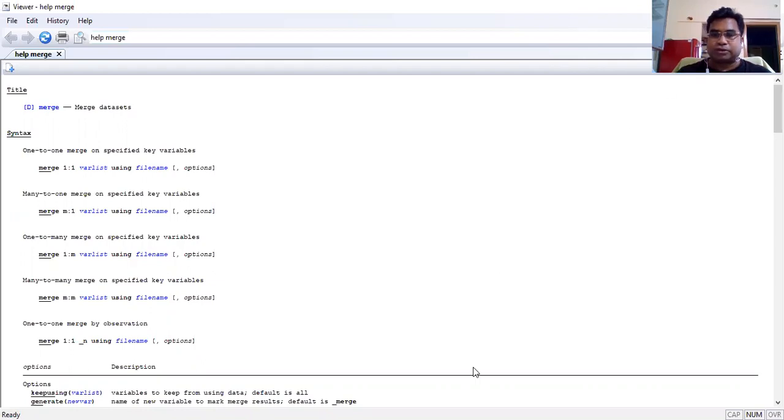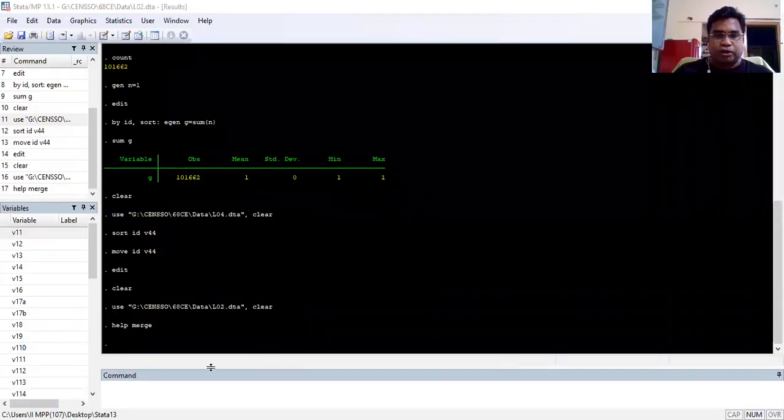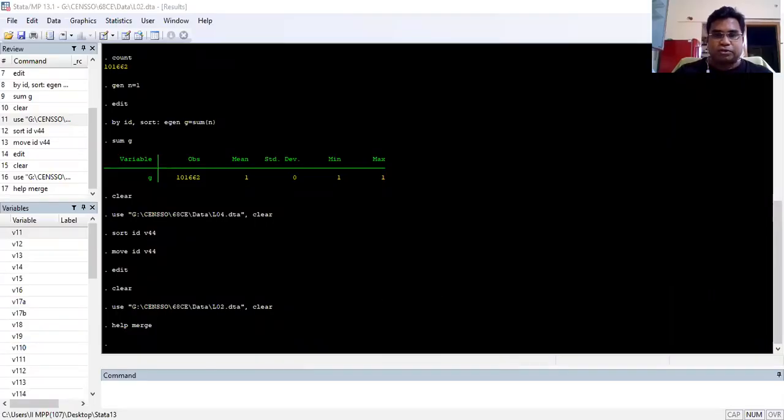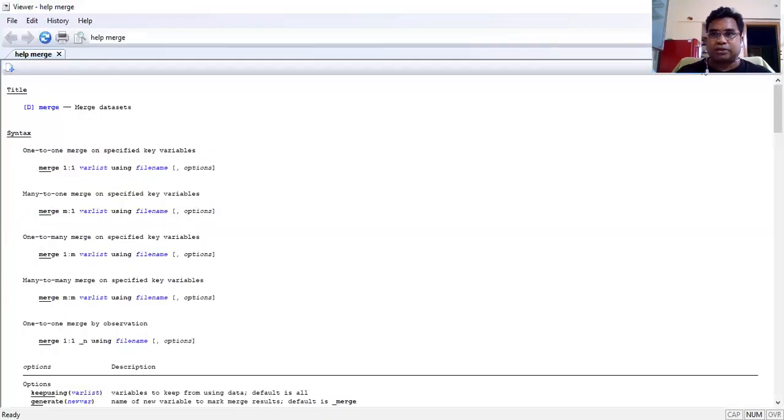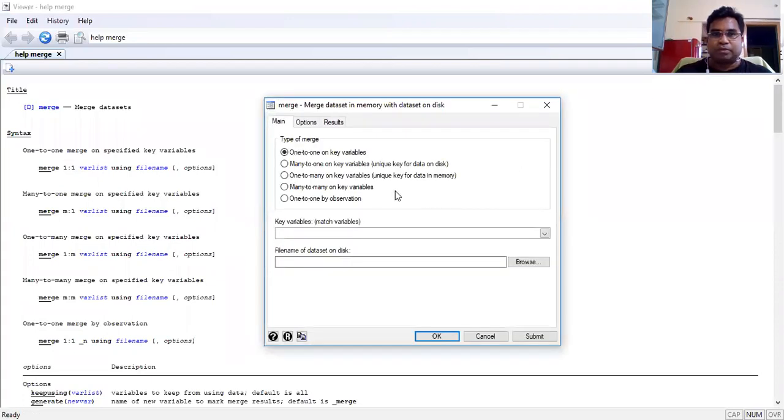So I just stop sharing and then once again share my dialog box so that you can see. One second. Okay, let me share my data itself. So you can check in your computer. There will be a viewer file, and on the right hand side corner there will be a dialog called merge. So if you say merge, now what will happen?